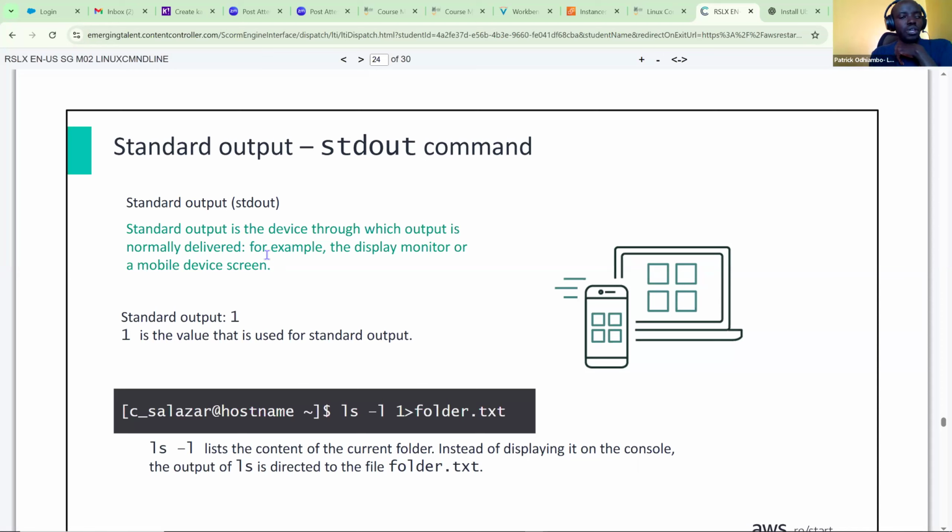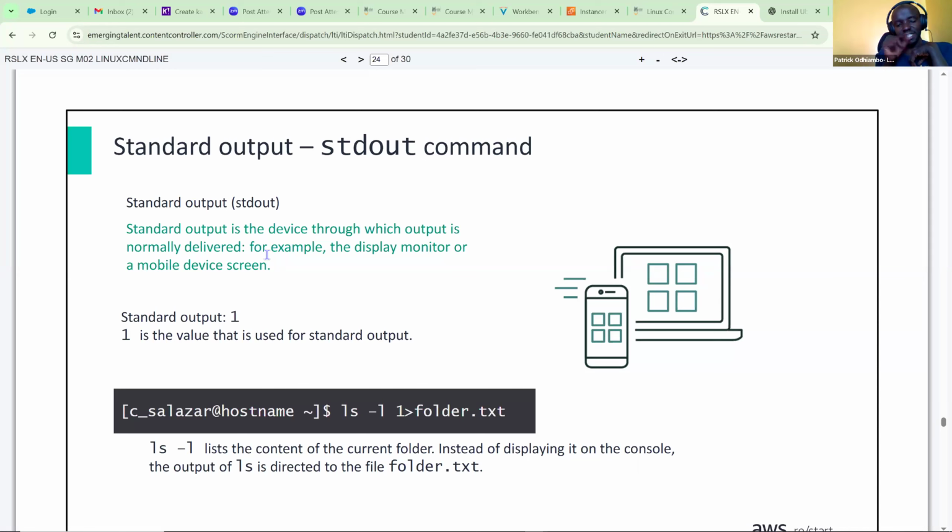So in this example here, you see when you do ls -l 1, and then now we are using greater than folder.txt. Greater than, because that arrow now looks in the opposite direction. It looks towards the right. So ls -l lists the content of the current folder instead of displaying it on the console. We don't have a folder yet, but we will get a folder in a minute.